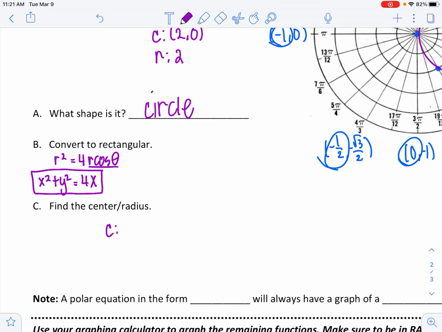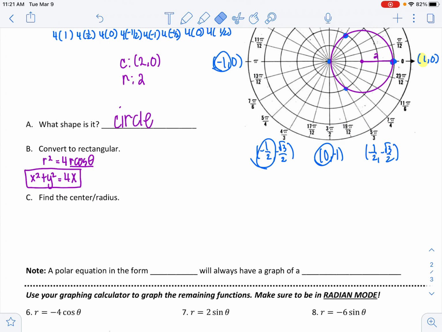Find the center and the radius. We already did that. Center. Actually, what am I doing here? The center is (2, 0), and the radius is 2. Okay? A polar equation in the form r